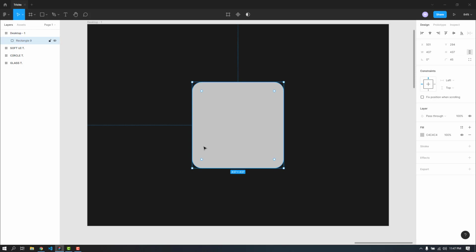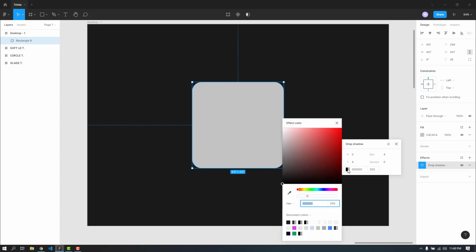So to create a neomorphic effect or the soft UI, we need to apply two different effects in here, and both of those effects are going to be the drop shadow. So in here, after selecting this rectangle, I'm just going to press the plus icon with this effect, and it will add a drop shadow. So we can change the settings from here.